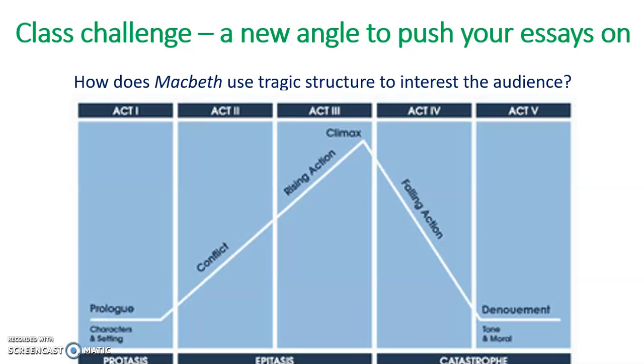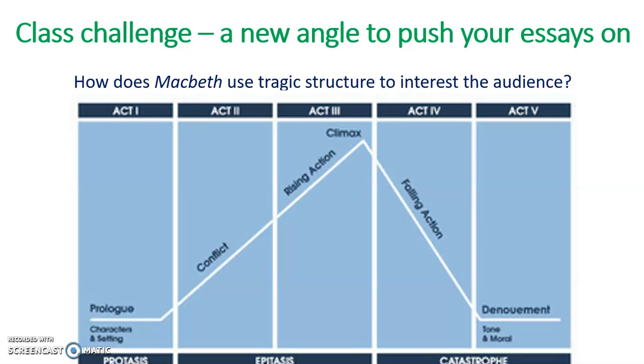So starting with the witches, for example, how dramatic is that? How tense do we feel for Macbeth? Obviously the tension and the rise of Macbeth as well, and if we think of this line not only in terms of tension but in terms of the hero's journey, he's going to ascend socially, isn't he? So he is awarded the Thane of Cawdor, he's going to become king, so he's going to have that social ascension as well, all the way to the climax, the turning point after which the downfall is inevitable.